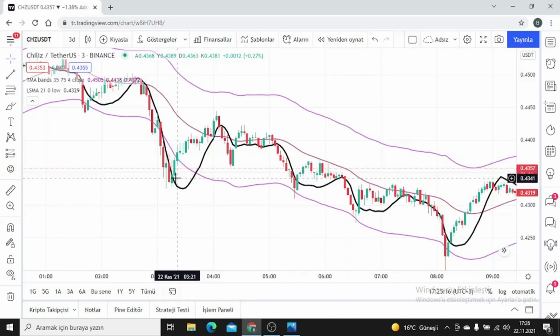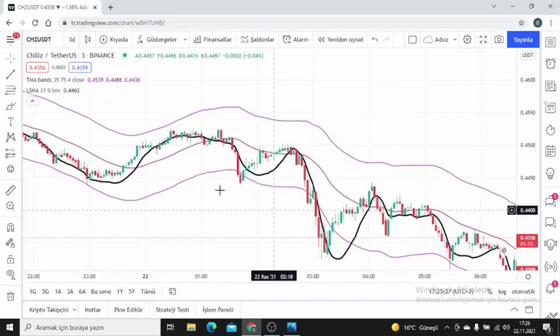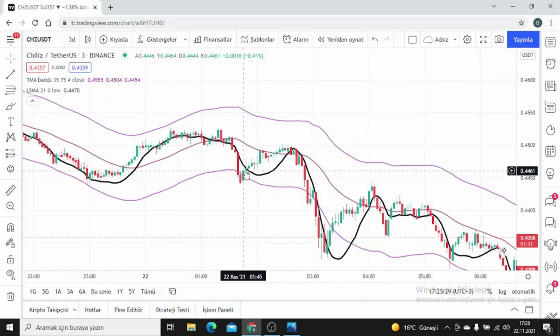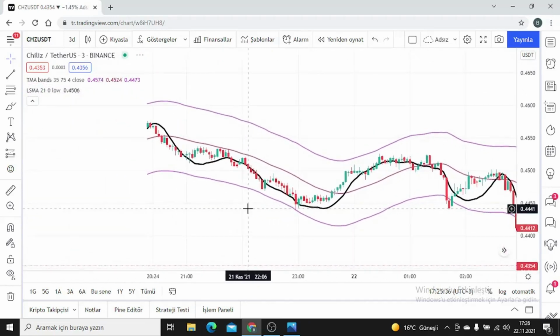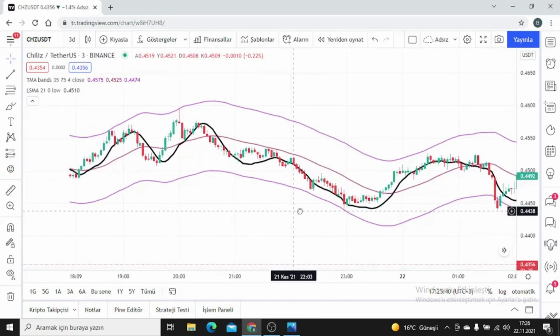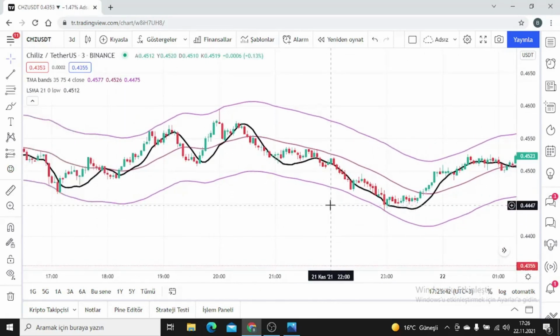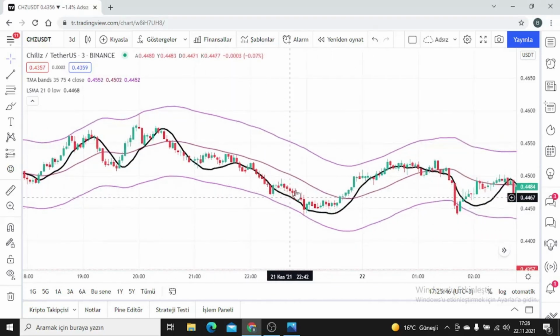When we look at it, we can see that the prices are constantly increasing when it goes above the moving average, as you can see, friends. Likewise, here the price goes above the moving average and we see that the prices are rising. But there is no point in waiting for too long on the graph. With the slightest profit, I say take your profit and leave with a profit of 0.5% or 0.2%.